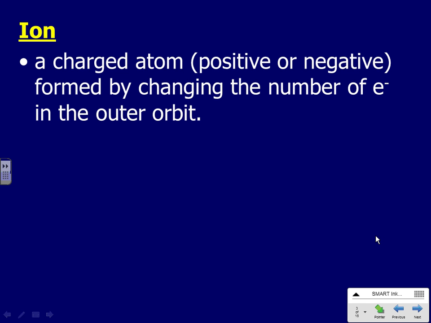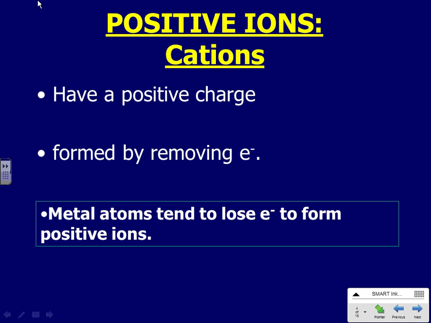The Greek term for wanderer is ion, and that's why Faraday used the term ion. It means wanderer, and they tend to be in aqueous or water-based solutions, and they tend to float around and move around and wander. Okay, so positive ions. That's pronounced cation,